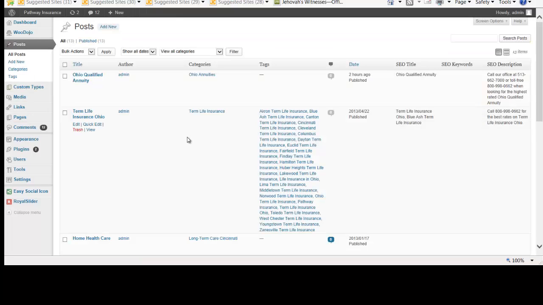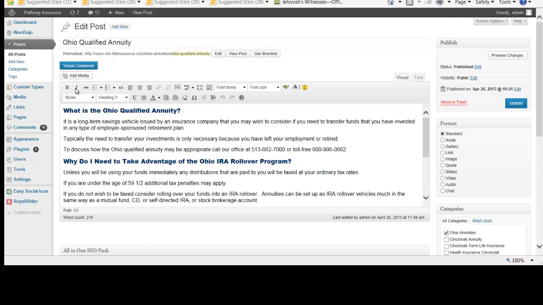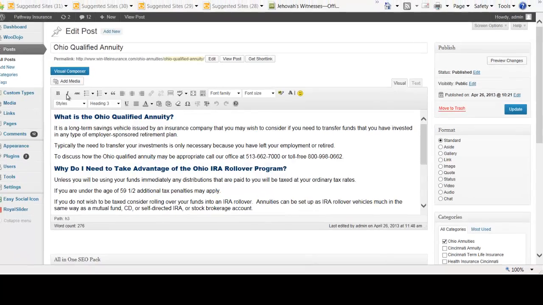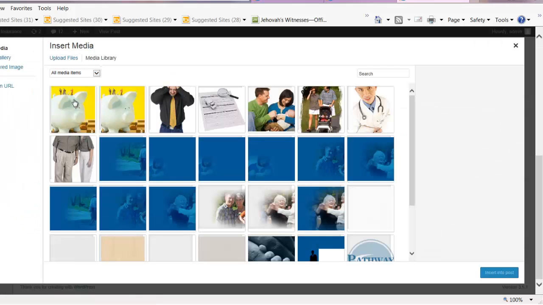Okay, so what we're going to do to add that particular image, you're going to go ahead and click on edit. And what we did is when we made that scaling change on that image, it did in fact save the image in our file. So what we have to do is click exactly where we want to place that image, place our cursor there, click on add media, and there is the image that we just made. So you click right there,